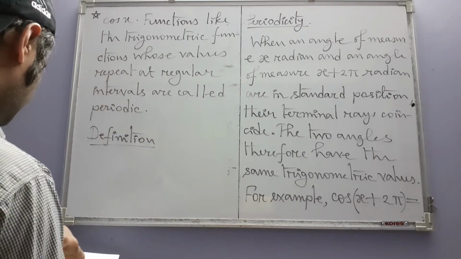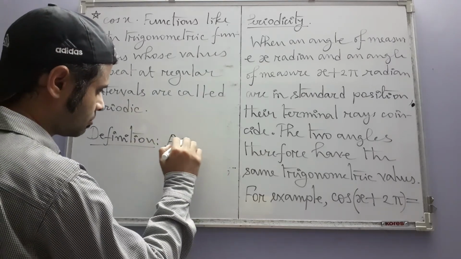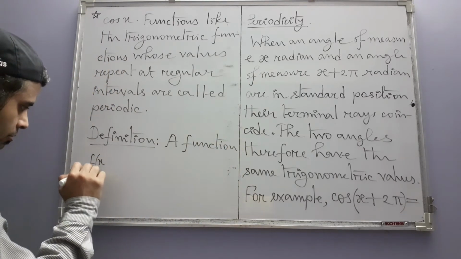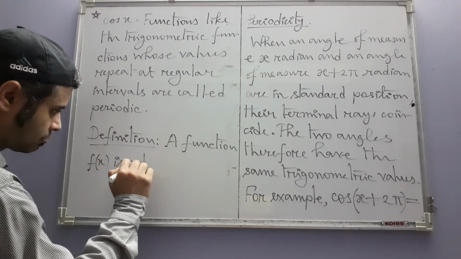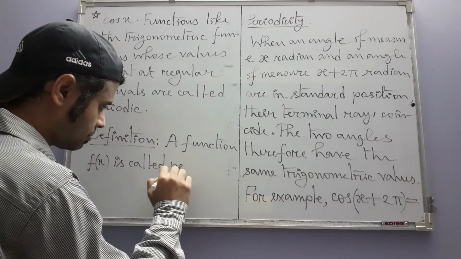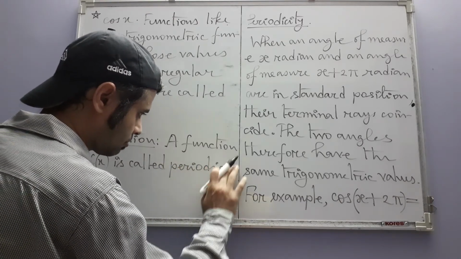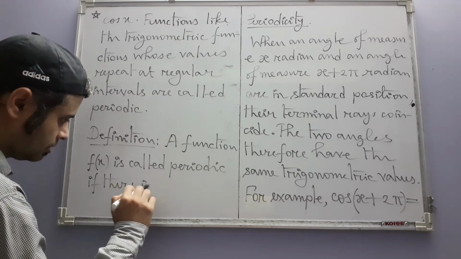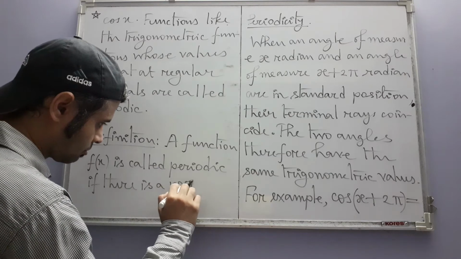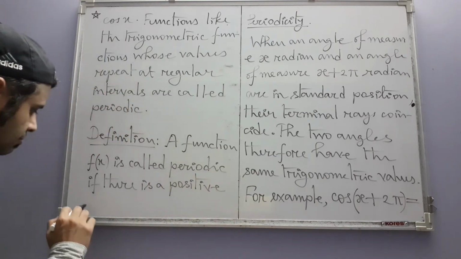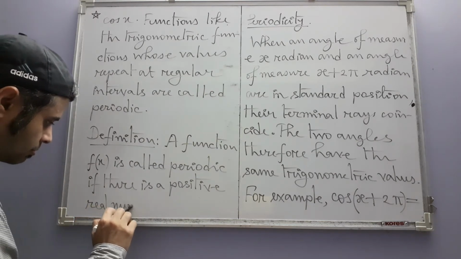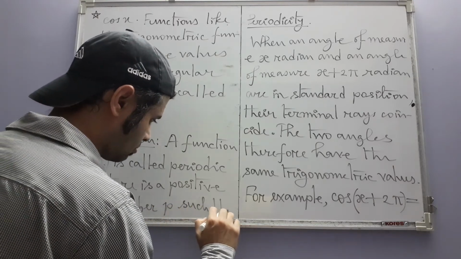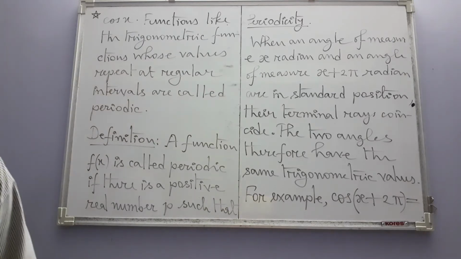And that definition is this: a function f of x is called periodic if there is a positive real number p such that